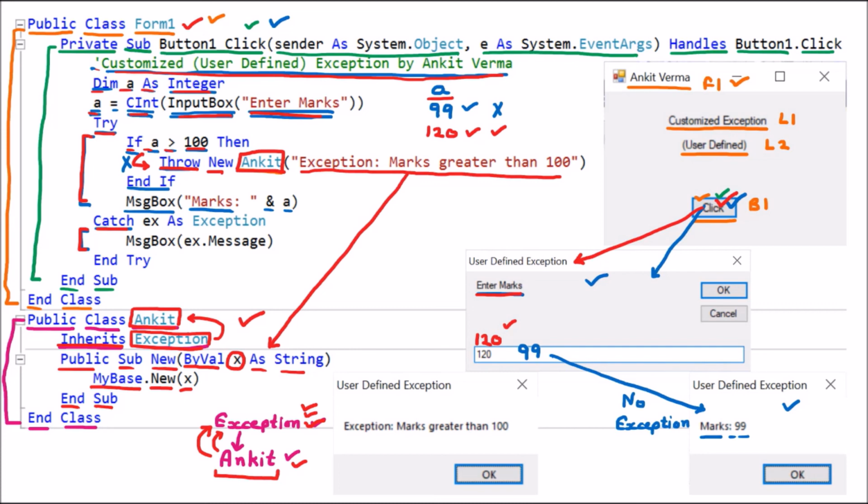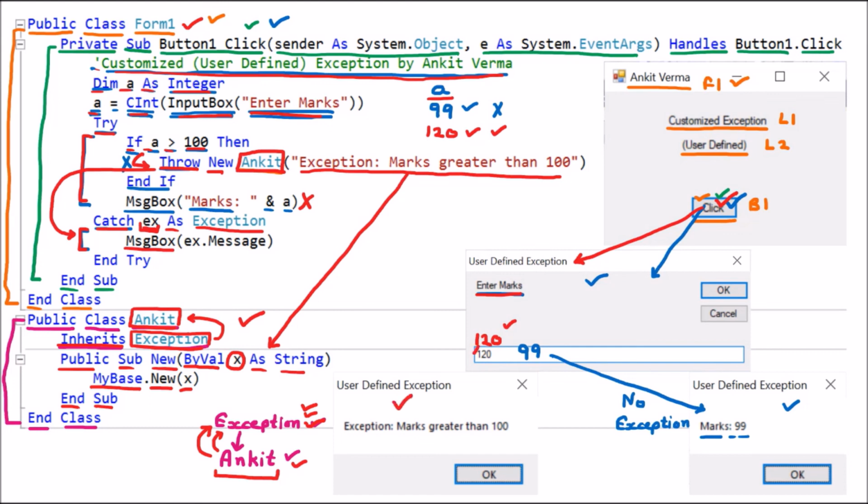So here afterward the exception has occurred. Now the program will come out and go to the catch block. So here the message box will not be printed because here we have jumped to the catch block. Now Ex As Exception. So here the exception variable is created which is ex. Now with the help of this ex we can provide our own message. So MessageBox. So one message box is displayed.